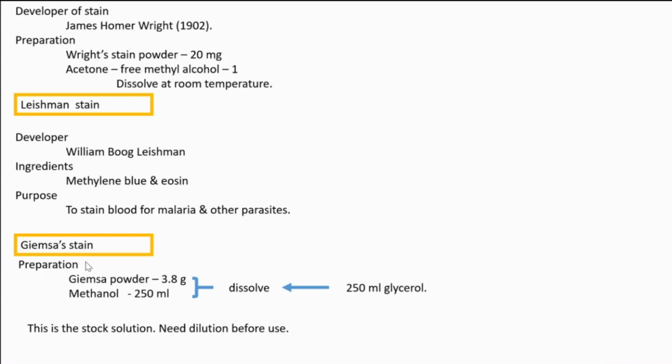Then Giemsa stain. Giemsa stain preparation: how? Giemsa powder we need 3.8 gram and methanol 250 ml, dissolve this in water, and to this add 250 ml of glycerol. This is the stock solution. Before use we need to